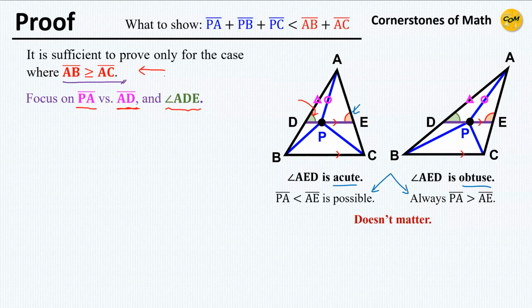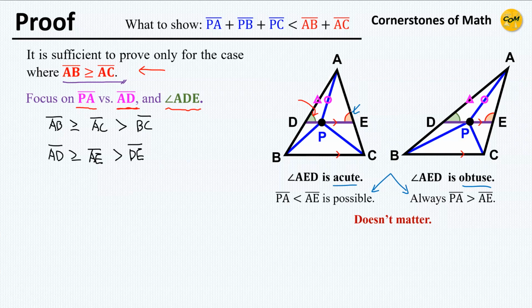Due to this newly introduced condition, we now have the complete comparison of side lengths of triangle ABC, which is AB is greater than or equal to AC, and AC is greater than BC. This means that we also have AD is greater than AE, which is greater than DE due to